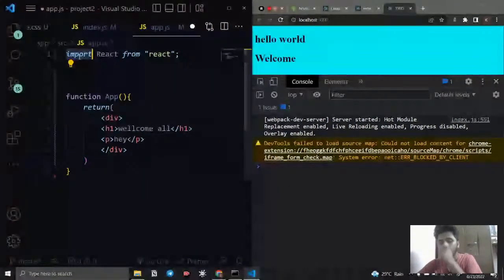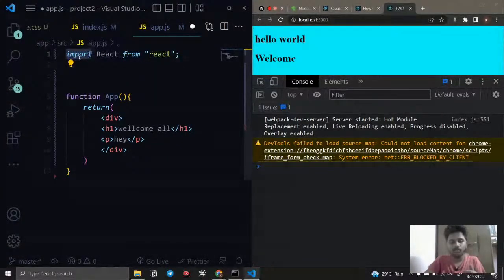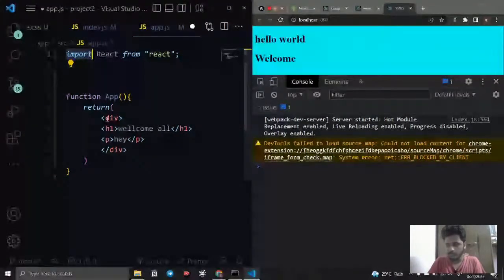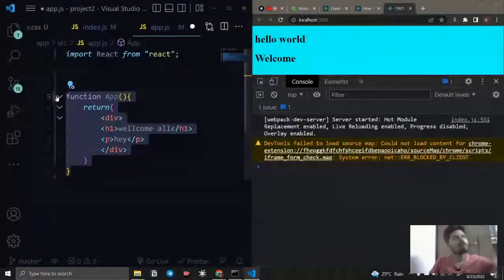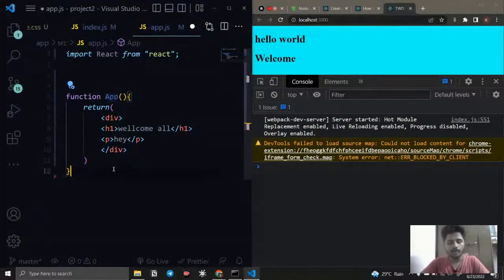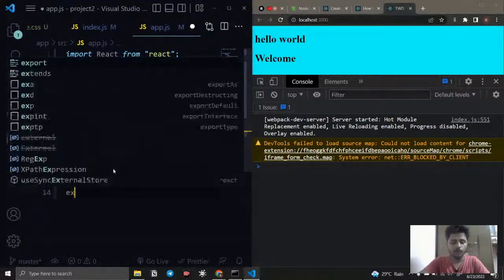Now this import, this is something from the ES6 concept you learned in JavaScript. I import a particular thing I want for this file, so that is why I'm importing it. If I want to use this function, this component, somewhere else, I need to export it. There are several ways to export it, but if you have only one component that you need to export, then just say export